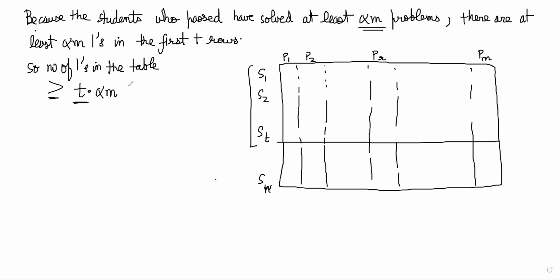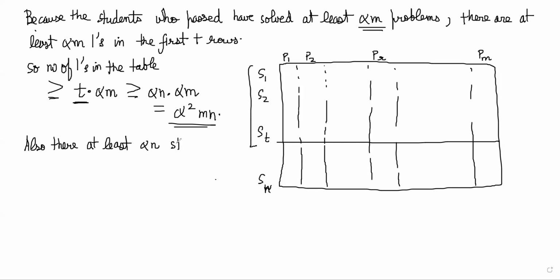So we have this is greater than or equal to alpha n times alpha m, right? Which is basically alpha square mn, right? Great. Similarly, we know there are at least alpha n students